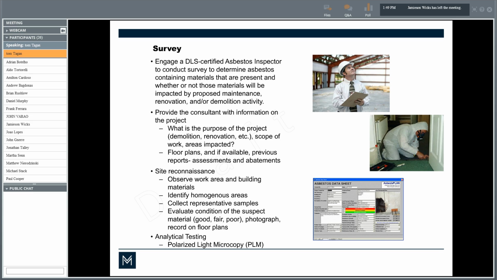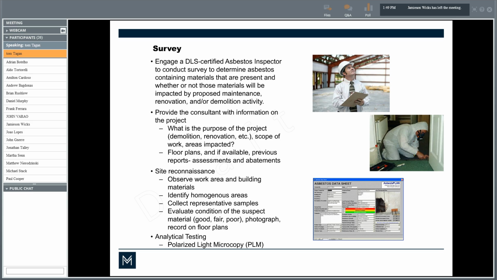When a consultant does come in and does his site reconnaissance, he's going to look at the different work areas that you're asking him to look at, as well as what materials might be impacted by that project. One of the things you will see consultants sometimes tell you is that they're going to take 20, 40, 100 samples of materials. Under the AHERA program, it's actually very clear that the number of samples you take is much more focused on how representative materials are. So if you have a building where essentially everything is 12 by 12 floor tiles and they're all white, it doesn't make a lot of sense to test every single floor tile. Instead, you can take a relatively small number of samples, 7, and be able to draw an opinion as far as how this material,